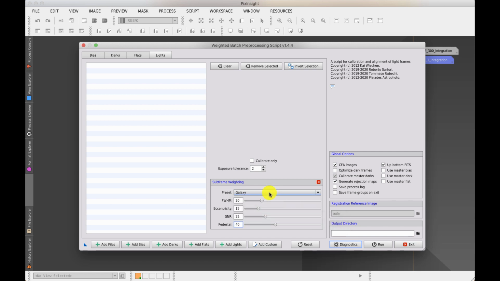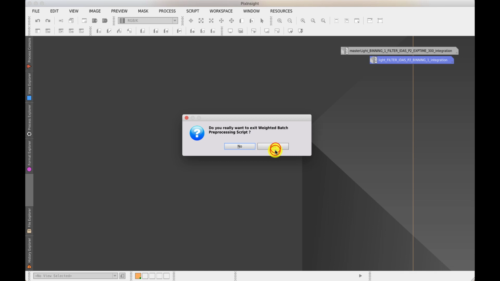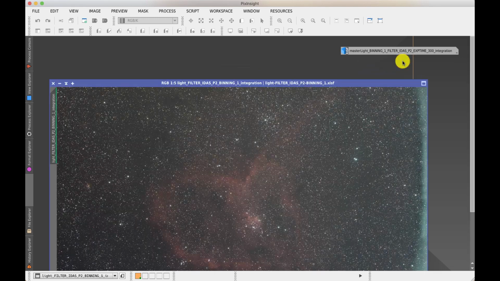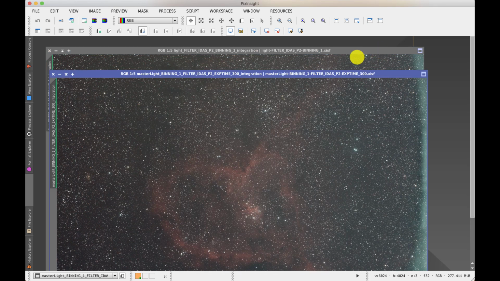To save time, I reran the sequence of images that we looked at in the last video, and I chose the cluster subframe weighting, which should give me good star sizes. I ran it and it created another set of calibrated files and an image stack, and in true Blue Peter fashion, for those of you who lived in the UK, here's one I prepared earlier. So if I look here, this was the original image I produced, and this was the second one I produced using